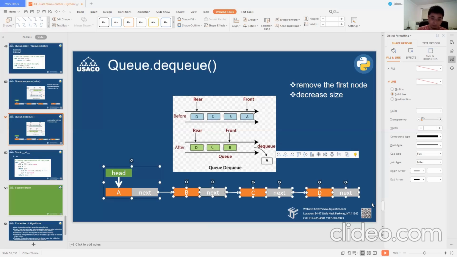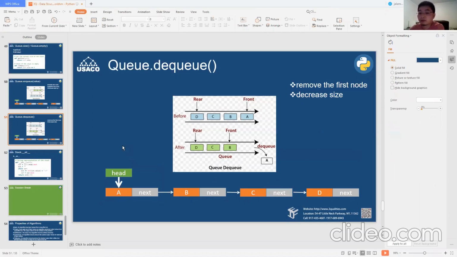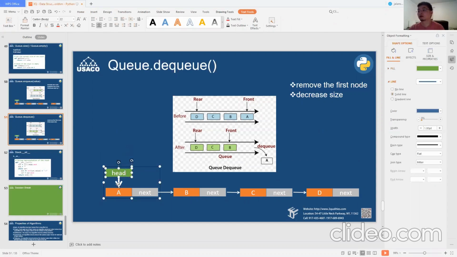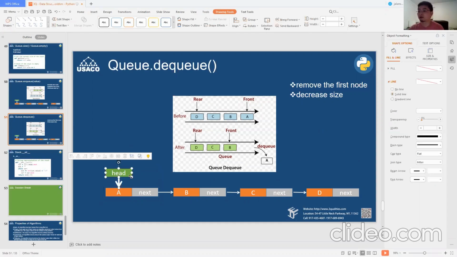You make self.head.next the new head. Okay, very good. When we say remove the first item from the list, what we do is make the head point to the next one.